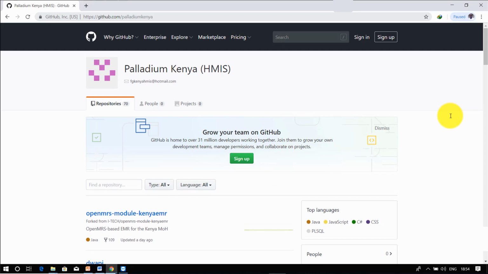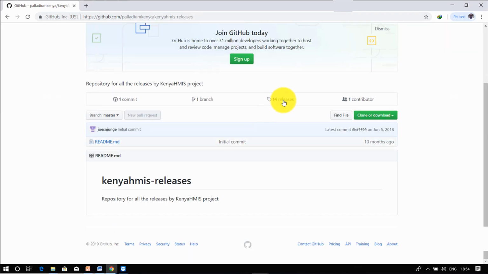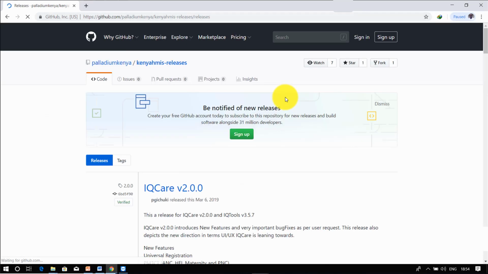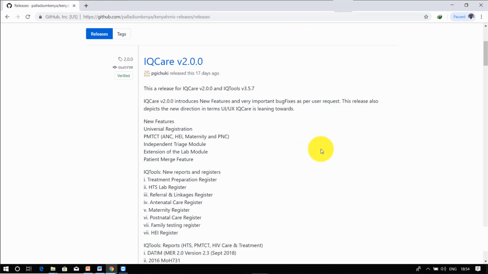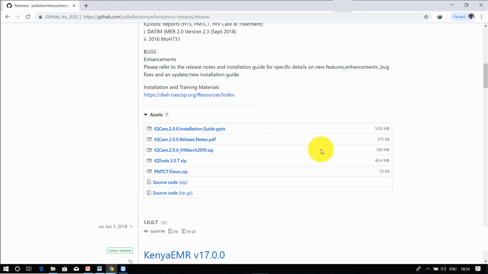Hit enter. Scroll down to access Kenya HMIS releases. Click on releases. Scroll down to access the IQ Tools zip file and the PMCTC views zip file. Download the two zip files.